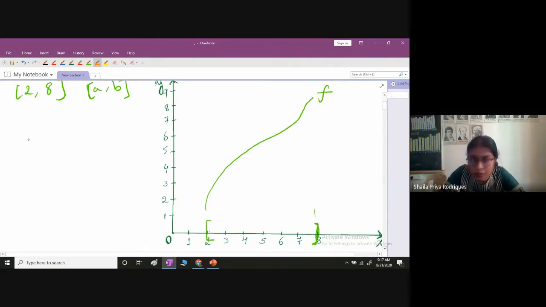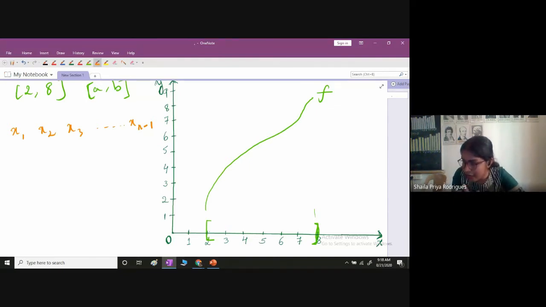Those n minus 1 intermediate points, I'll call them x1, x2, x3, up to xn minus 1. These points are between a and b. If you look at it as 2, 8, these points are between 2 and 8. So x1 is a real number greater than 2. It need not be an integer or a rational number; it could be an irrational number also. These are real numbers lying between 2 and 8, and on the real line, the real numbers are in ascending order. They're not in random order.